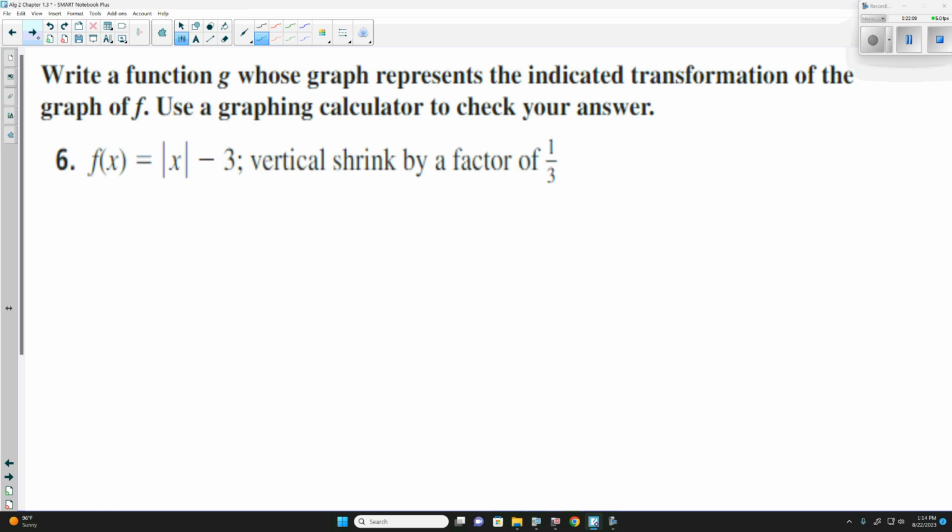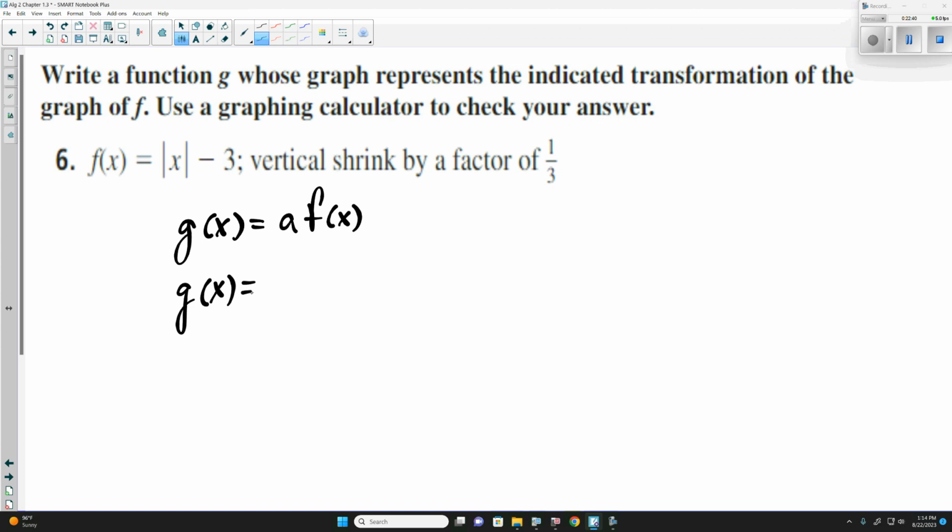So if we look at this one here, we have a vertical stretch of, or not vertical stretch, but vertical shrink of 1/3. So what are we going to use this time? We'll have g of x is equal to a times f of x, where a is our vertical stretch or shrink. Well, our vertical shrink in this case is